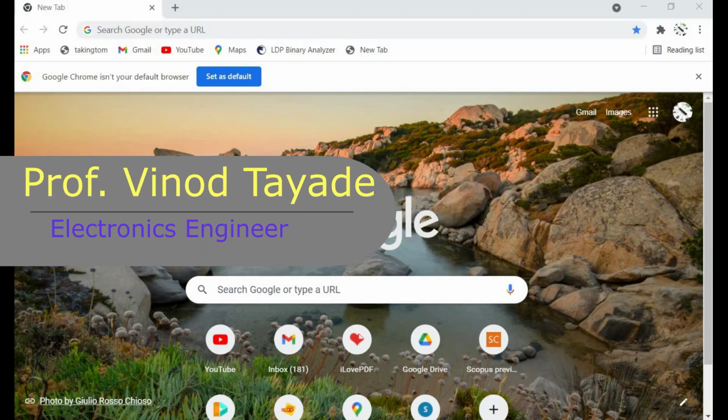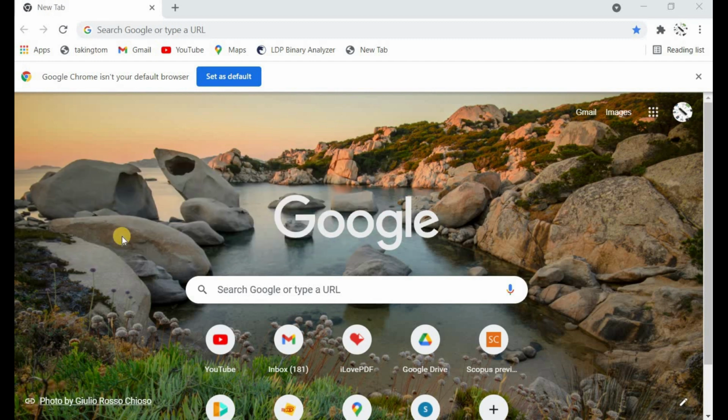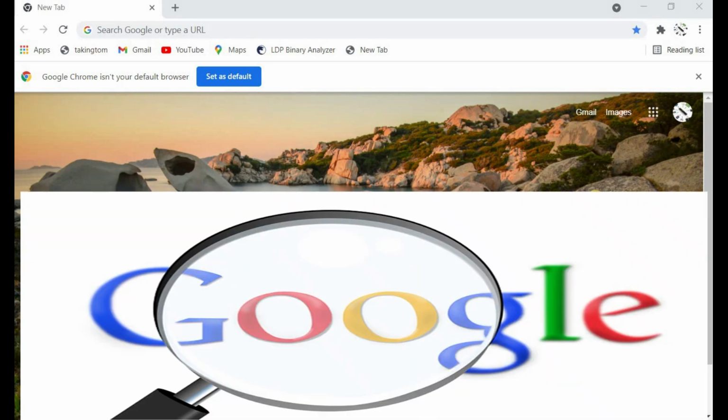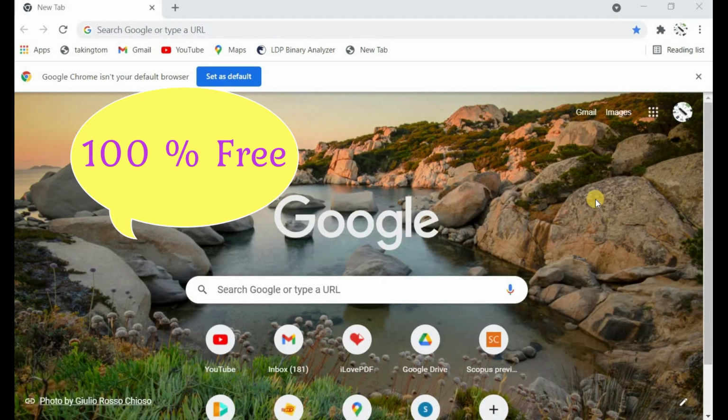After this demand, I searched for a circuit simulator which should be easy and simple to use, and available 100% free of cost to the students. After searching, you will be surprised that the electronic circuit simulator is already developed by Google and is made freely available to every user of the Google company.